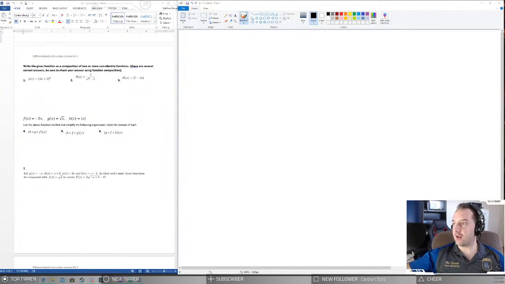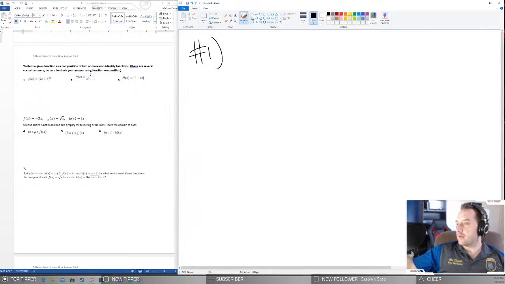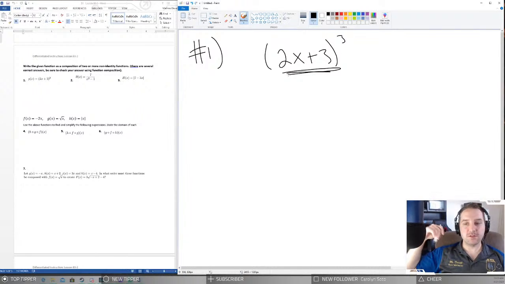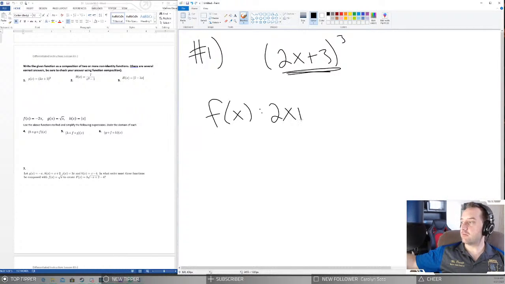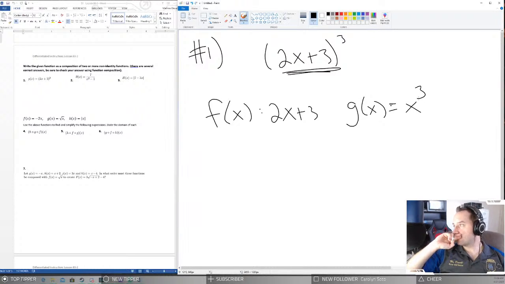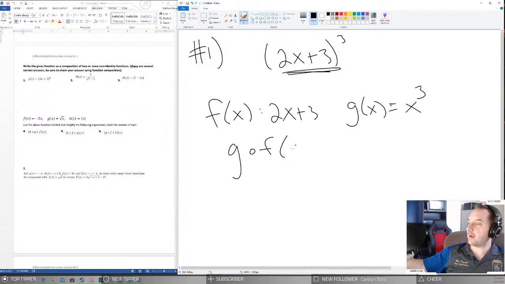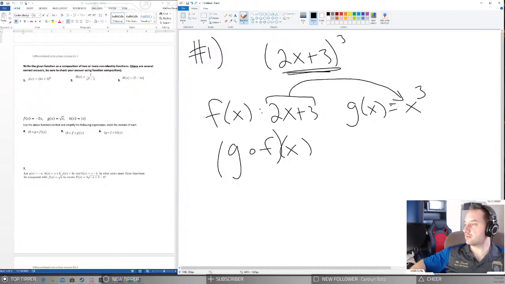So, for example, on number 1, when I look at this (2x + 3) cubed, it looks like this is getting plugged into whatever cubed. So I could separate those into two functions. I could say f of x equals 2x + 3 and g of x equals x cubed. And then if I wanted to write it, I could say I am going to plug in my f function into my g function,